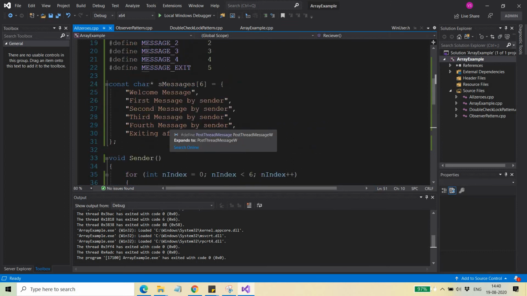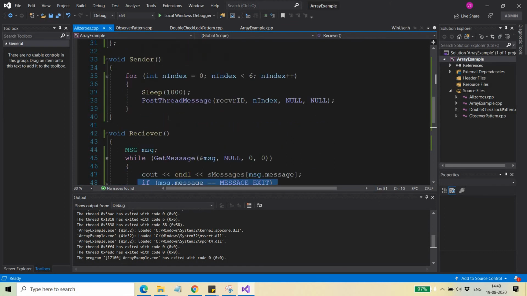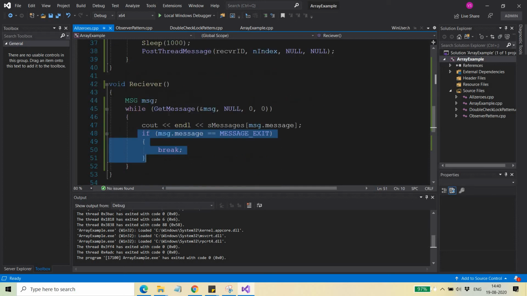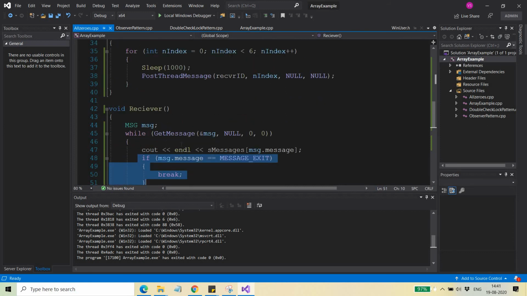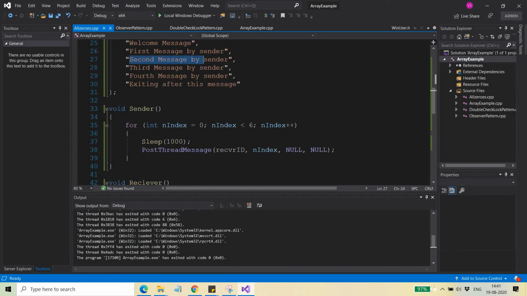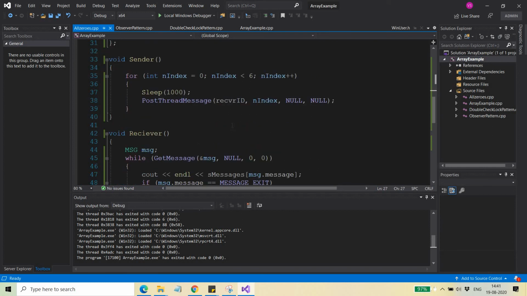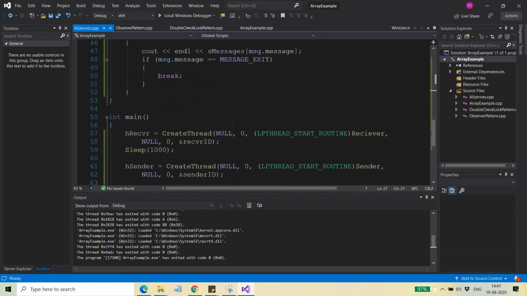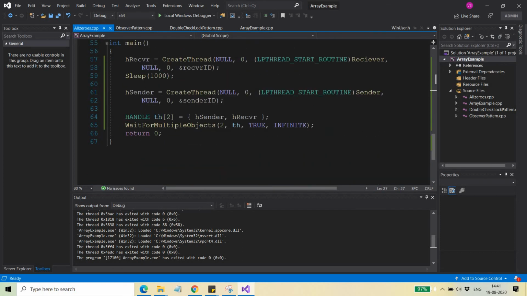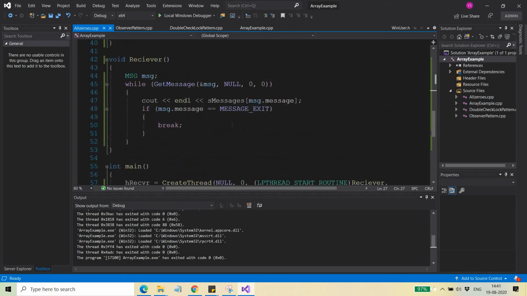And what happened with message one, why is it not coming? Because of the sleep. When I'm sending the post thread message, since I already told you that post thread message is a non-synchronous call, it doesn't wait for the message to be processed by the other thread, and that is why it simply sends the message and just forgets about it. So by the time it reached here, it had placed a new message because of these sleep calls. So in that case it might have got this second message, not the first message. Okay, so that is why it is not receiving the first message, and I leave it up to you how you will correct it. Something you must also do, like how you can correct it.